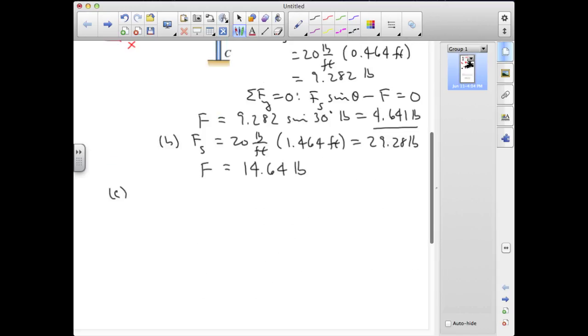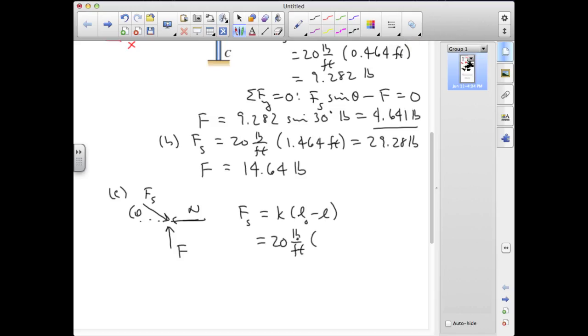Finally, we'll just note in part C that everything here looks the same except the spring force is in compression, and that's going to change the sign of everything else. So I'll go ahead and draw both the normal force reversed and the vertical force reversed. Since the spring force is now in compression, I'll write it as the spring constant times the difference between the unstretched length and the stretched length. So this is 4 minus 3.464 feet. This number turns out to be equal to 0.536 feet,